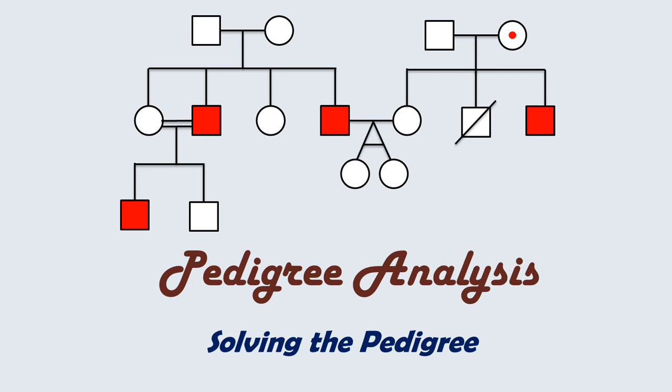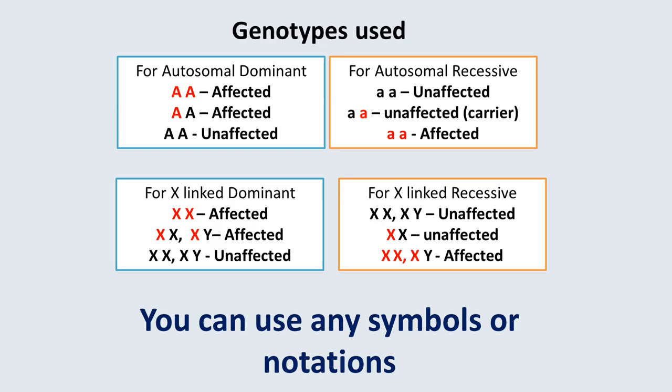So this is going to be the second part video on pedigree analysis, where in the previous video we had mainly discussed the symbols and salient features of some of the important patterns of inheritance. In this second part of pedigree analysis, I will be solving a few questions with respect to those patterns of inheritance. Before we begin, I want to make sure that you know the genotypes, symbols or notations that I will be using.